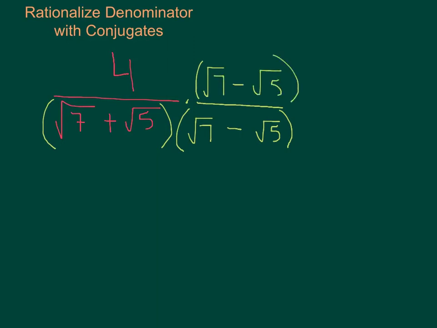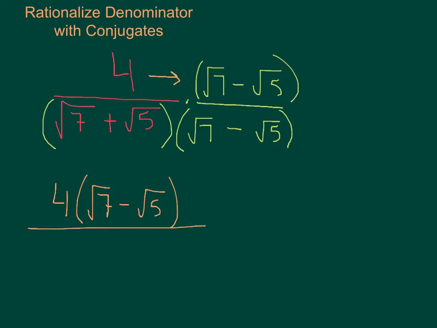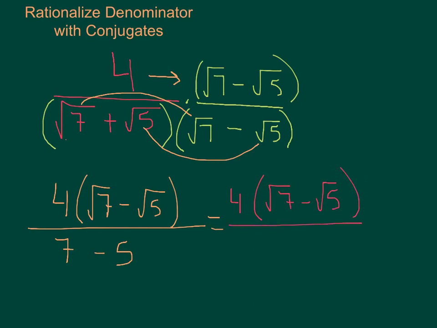Okay, let's multiply these together. When you multiply 4 times that binomial, remember, hold off on distributing. So we just have 4 times square root 7 minus square root 5. And then when you multiply the two binomials, your outside and inside terms will cancel, so you only have to multiply first and last. Square root of 7 times the square root of 7 is 7. The square root of 5 times negative the square root of 5 is minus 5. So, I have 4 times the binomial square root 7 minus square root 5, all over 7 minus 5 is